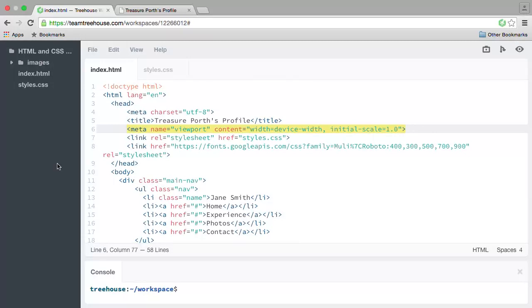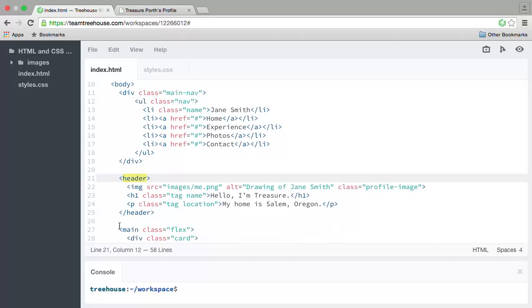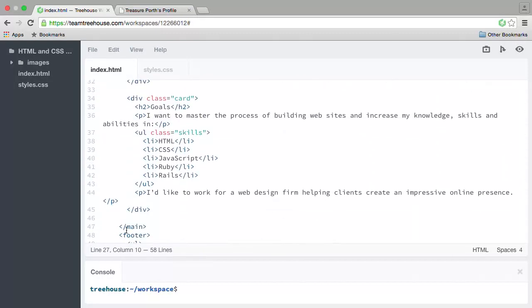Now let's move on to the body tag. The code that's visible in the browser must be nested inside the body tags. You can put any number of tags inside the body of a web page, but many web designers divide a page into 3 sections: header, main, and footer. You may have heard the term HTML5 and wondered what the difference is between HTML and HTML5. One of the differences is that HTML5 provides tags that help us clearly define the different sections of a web page. There are quite a few of these tags, but the ones we're going to talk about are header, main,